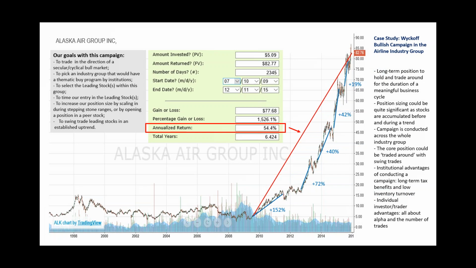Then we want to select a specific leading stock or leading stocks within that group that is starting to outperform, or that is a leadership group. We want to time our entries in those stocks,